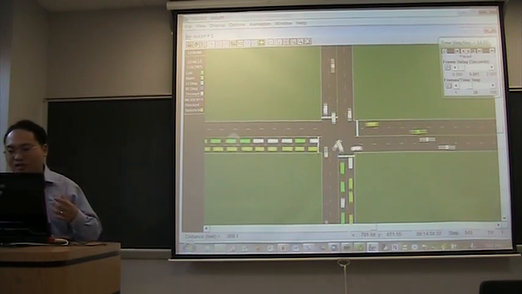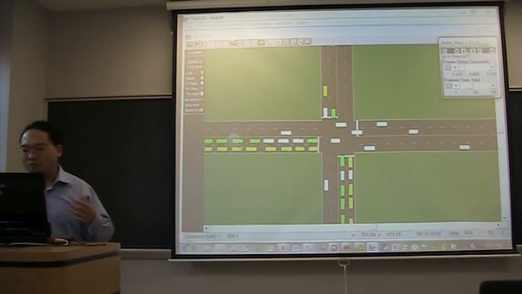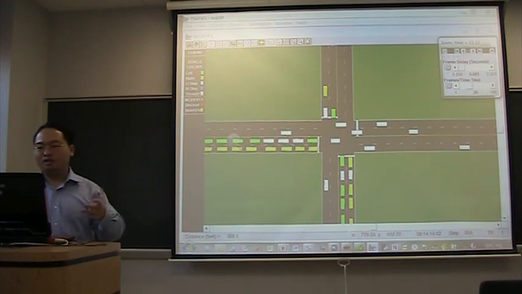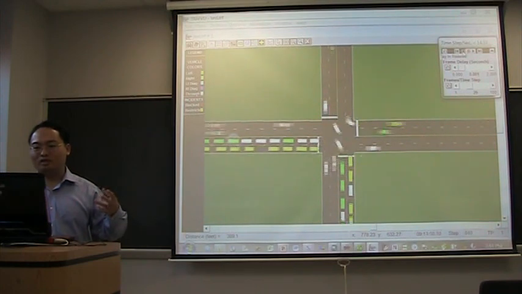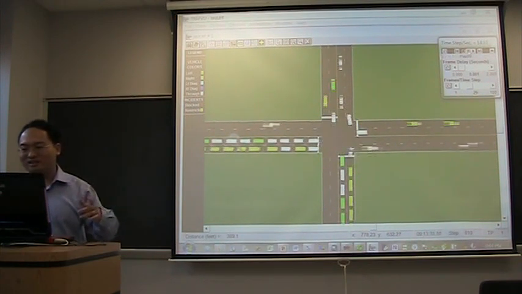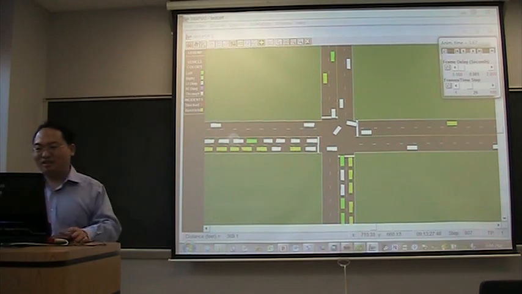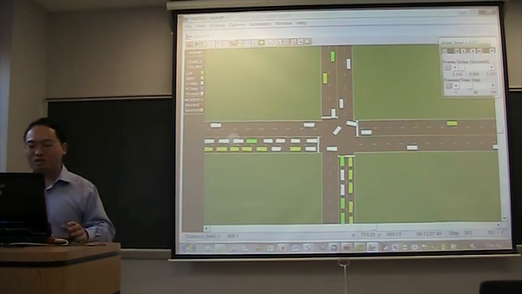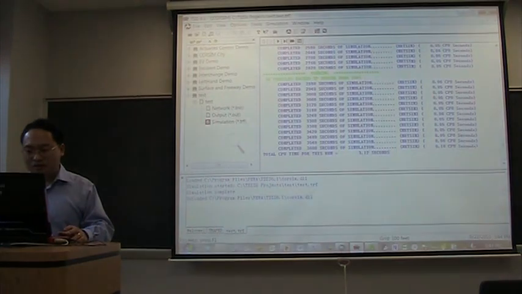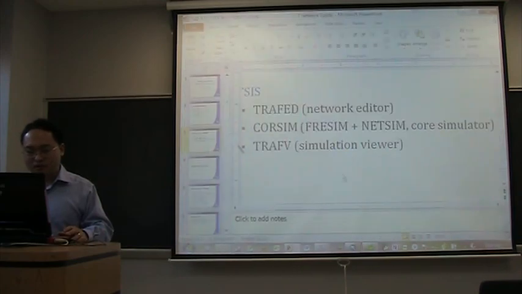An interesting thing in coursing is that it can play in reverse. So now it's playing in a normal way. We can play in reverse. So they are going back. So that's a very interesting thing. Okay, so I have finished a demonstration of coursing. The next one is